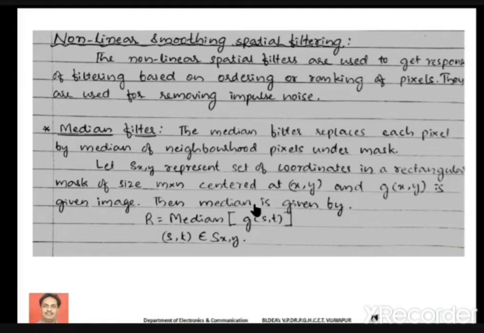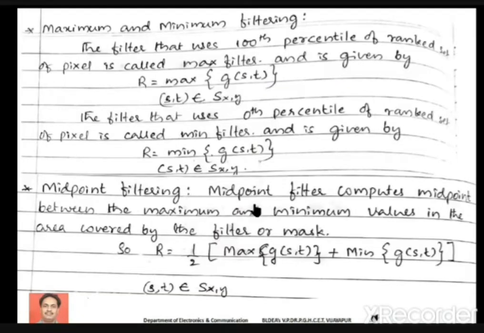Can you think what exactly the impulse noise is? Impulse means the highest values or the lowest values. In the frequency domain, the highest or lowest values are called impulses. So you can replace these highest and lowest values, considered as noise, with their median. That is the concept we use in case of median filters. We have a very good example that I'm going to discuss in the next slides. You need not worry. Okay. The next we have maximum filter and minimum filter.